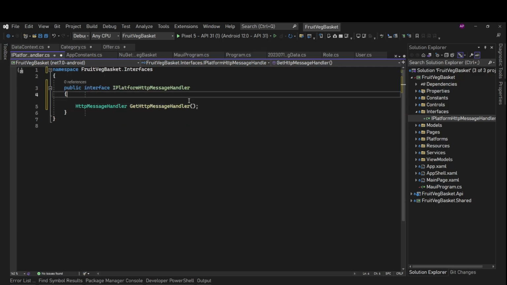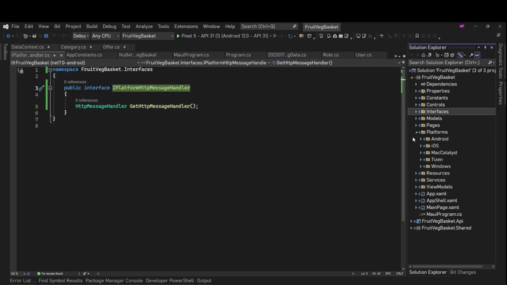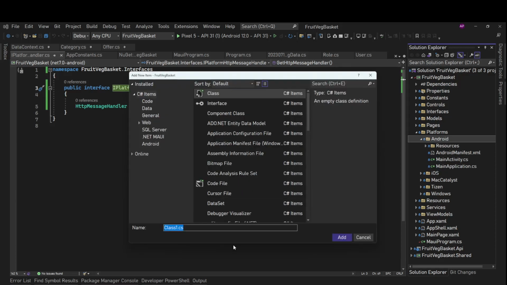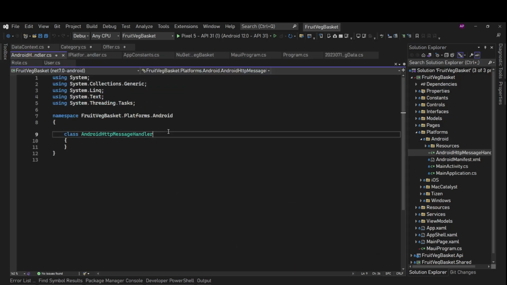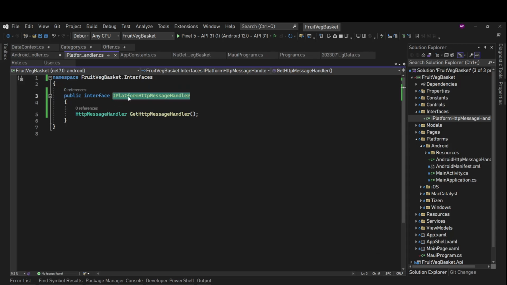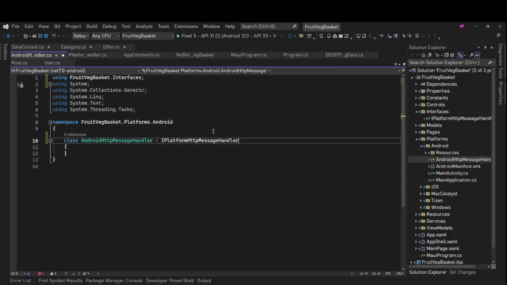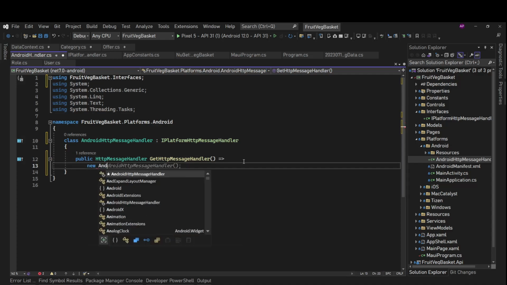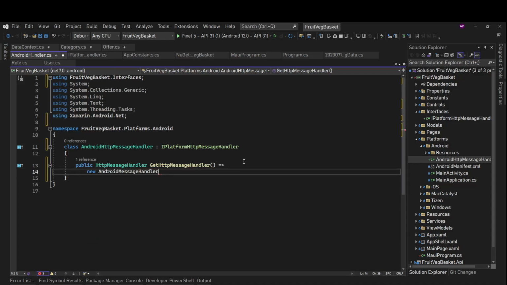Fine, let me clean this. And now for its implementations, we'll have implementations in platform folders. So in Android, we will have its implementation where we'll say AndroidHttpMessageHandler, and it will implement this interface, and from here we'll return something, and that something is new AndroidMessageHandler.